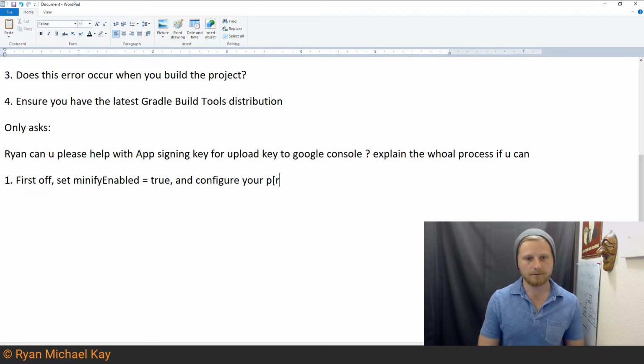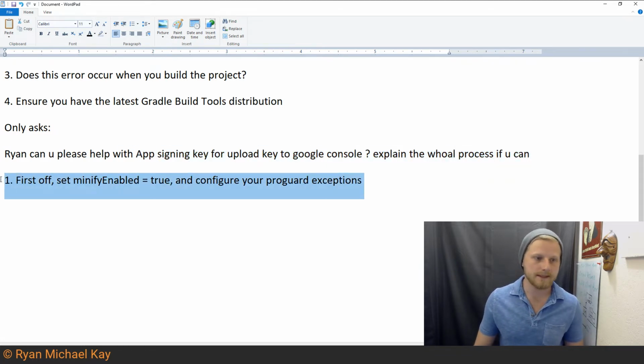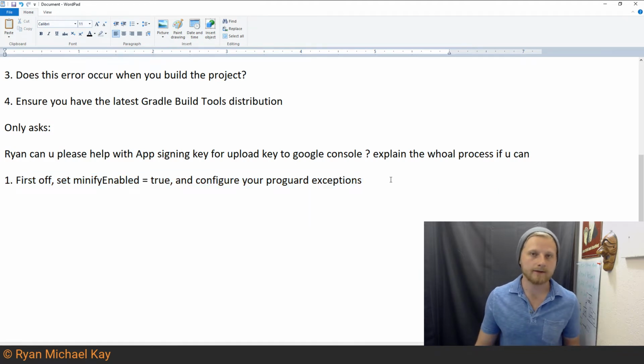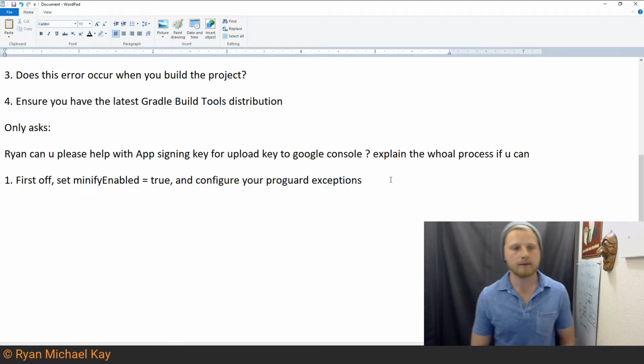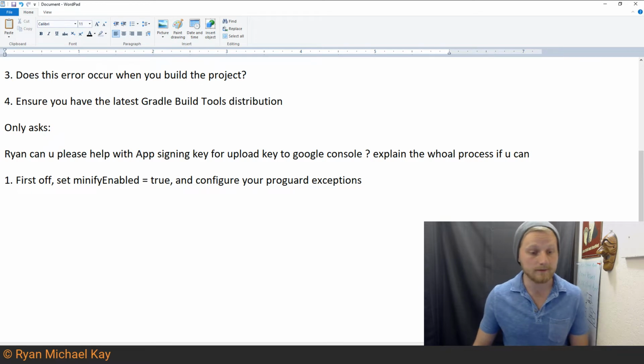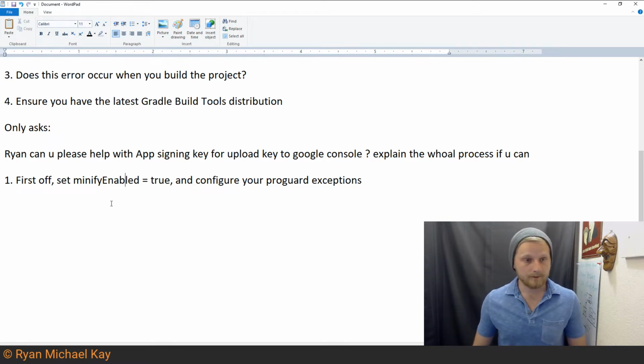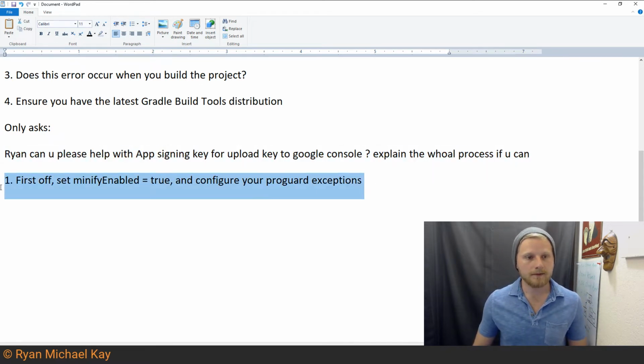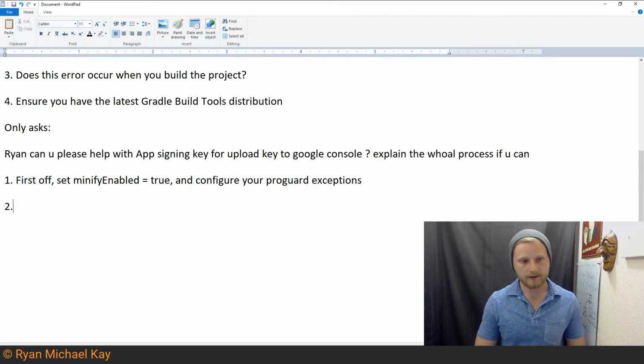configure your ProGuard exceptions. So you're going to have to Google this for more detailed information. I did it like 2 months ago, and I can't remember the exact steps off the top of my head. So what that's going to do is prepare your app for code obfuscation. Then you're going to want to basically